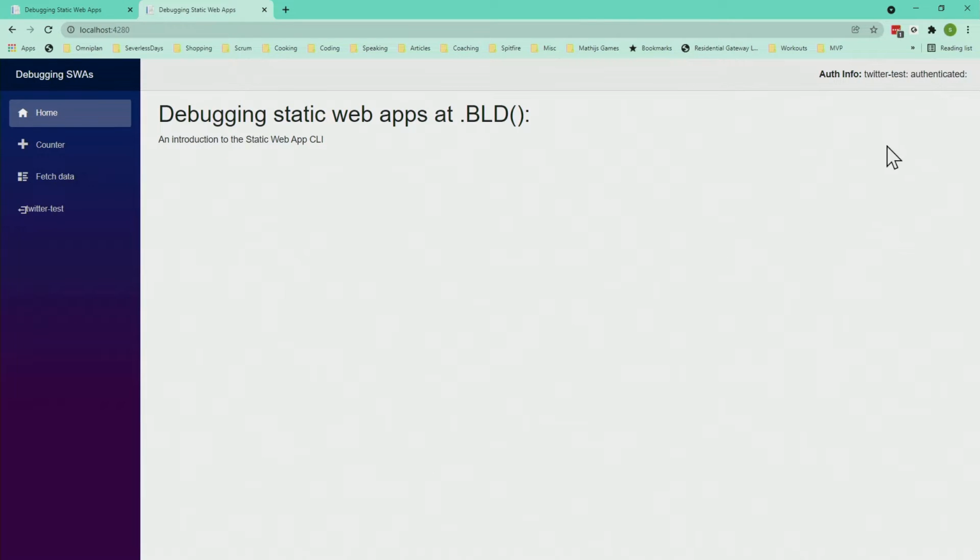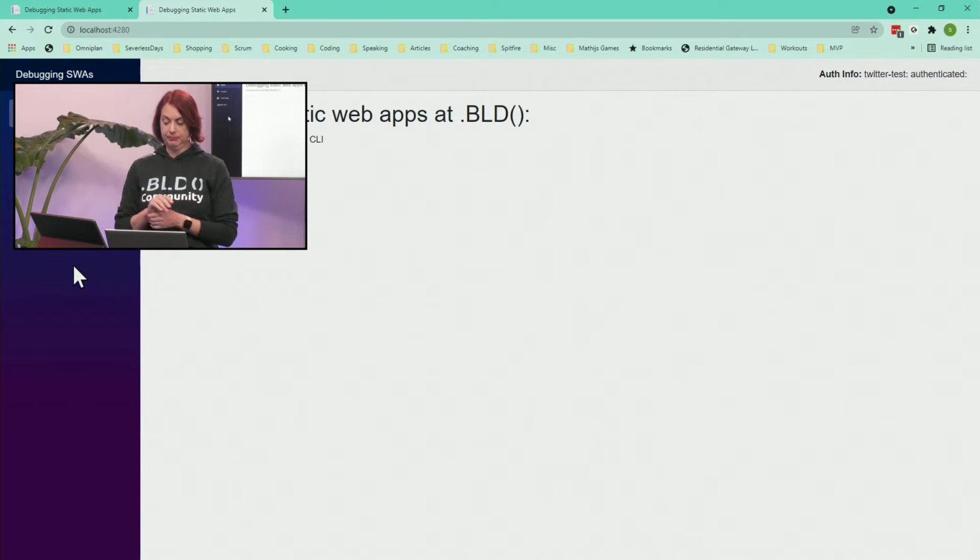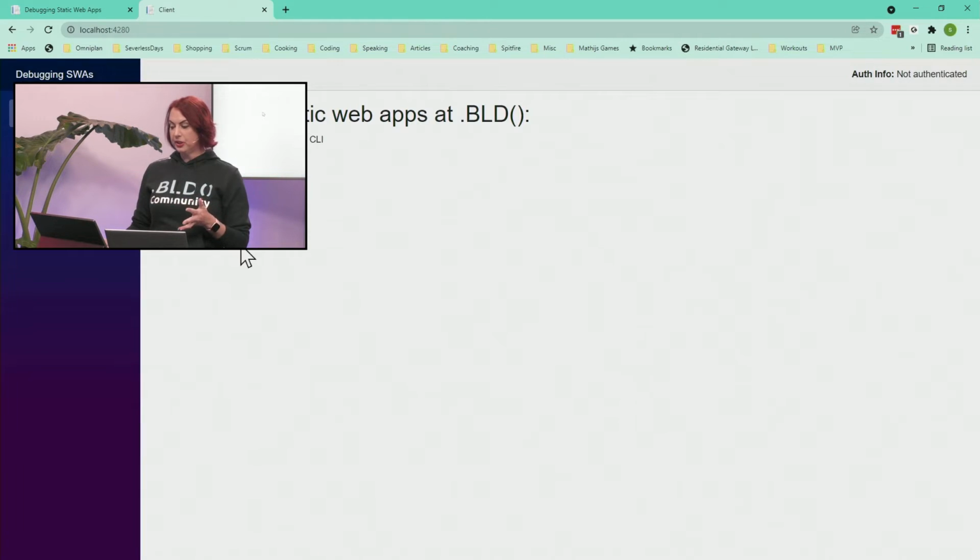And we get this data out again, the same as we do in our production resource. We have Twitter test, we are authenticated, and we have our Twitter test back down here. It's behaving exactly like production. Almost. Remember what I said? It replicates, it doesn't run it locally. Second one that we're going to do now